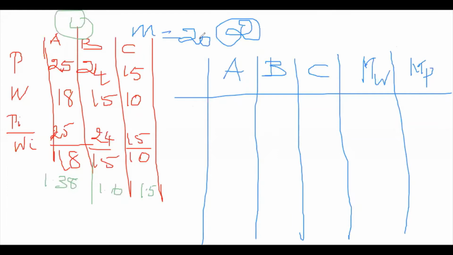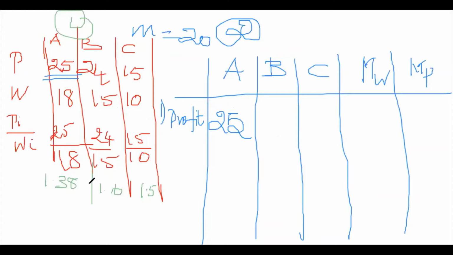Is it clear? What is the first criterion? In the greedy method, the first criterion belongs to the profit. You have to choose the maximum profit. What is the maximum profit? The maximum profit is 25. Now I choose the profit 25. Is it clear? All of you note it down in your notebooks.